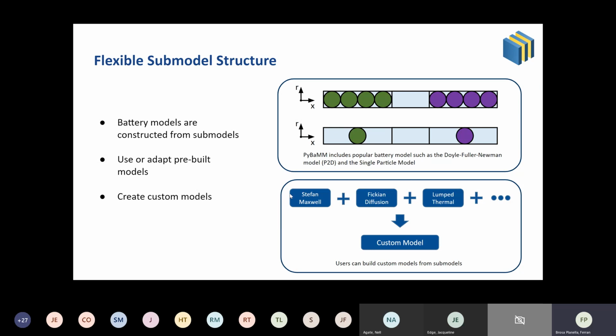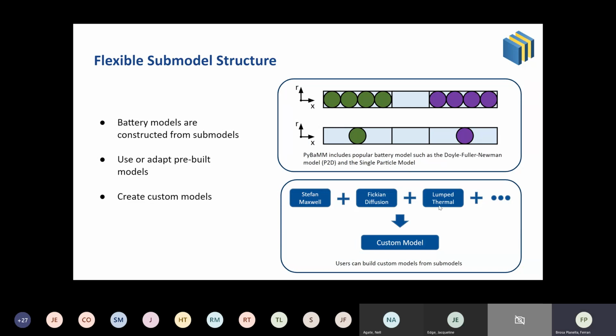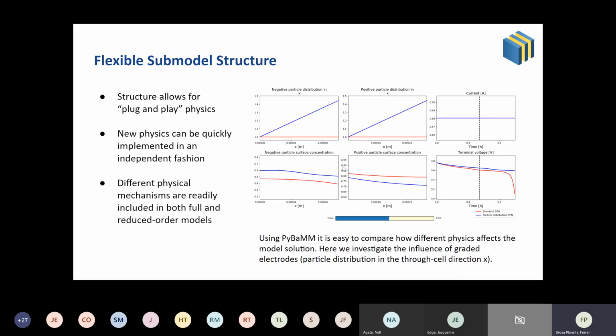As you can see here, PyBaMM has all of them defined separately, and then it brings them together to create your custom model. So you can just change one of the blocks and keep going. The good thing is that this allows for plug and play physics. So here you can see that you can easily compare